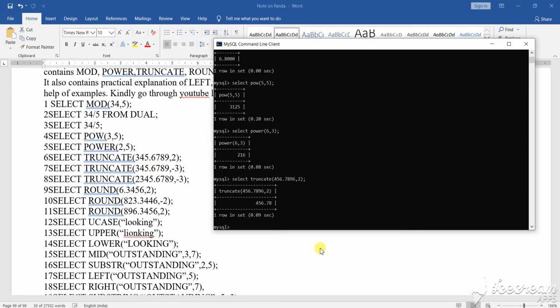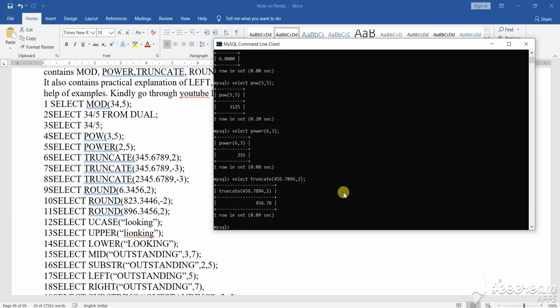Now see what it is showing you. Truncate means from the last value, it is going to deduct the value. So these two values have been deducted, and only two places after the decimal point have been taken, and those two places have been shown to you.